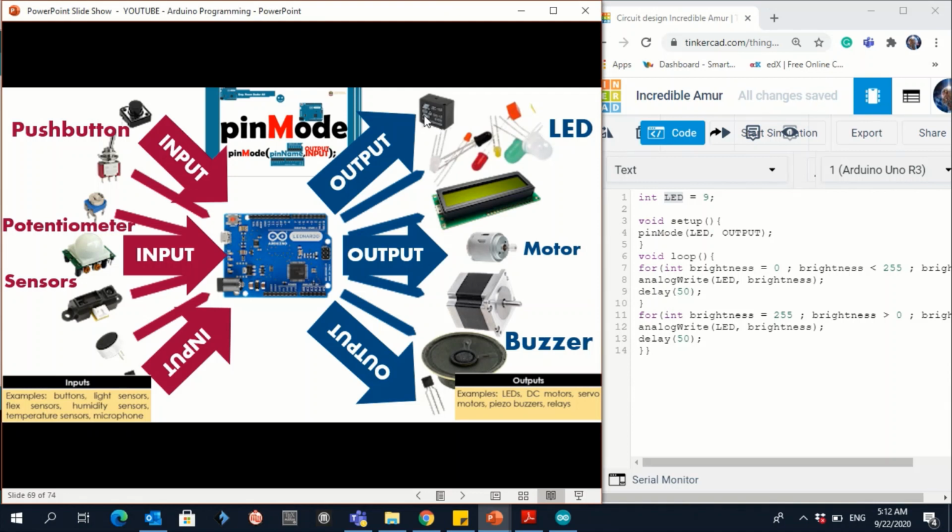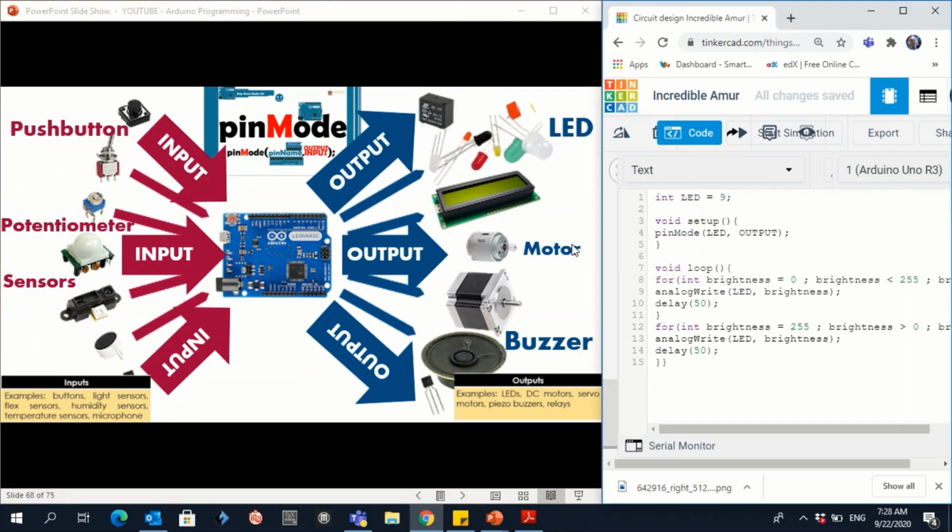So how to decide that? As I explained before, if you are going to use your hand like a push button or a potentiometer, or if it will collect data to the Arduino like sensors, it will be input. And it will be output when you have the outcome, so you can see the light, or you can hear the voice, or you can see the speed, so the result like LED, motor, buzzer. So in this case,